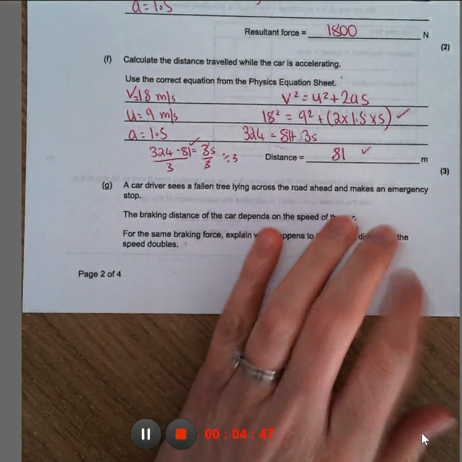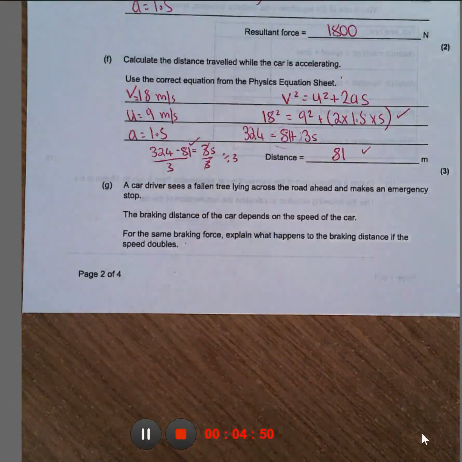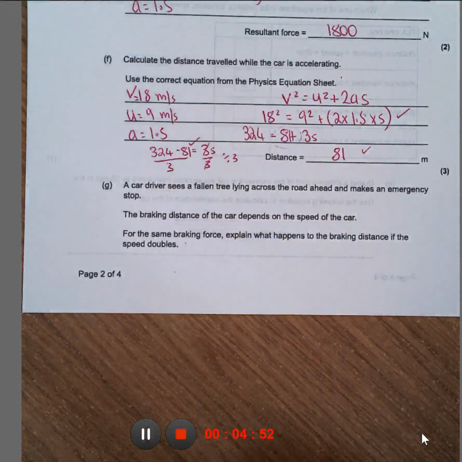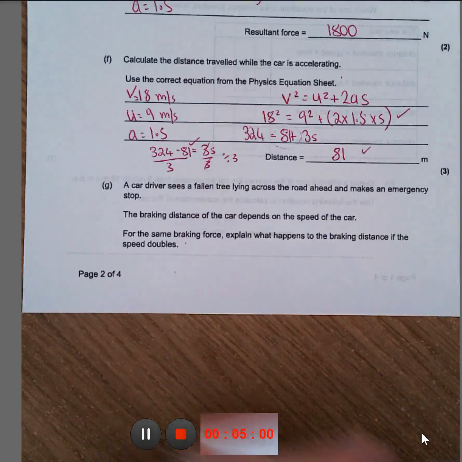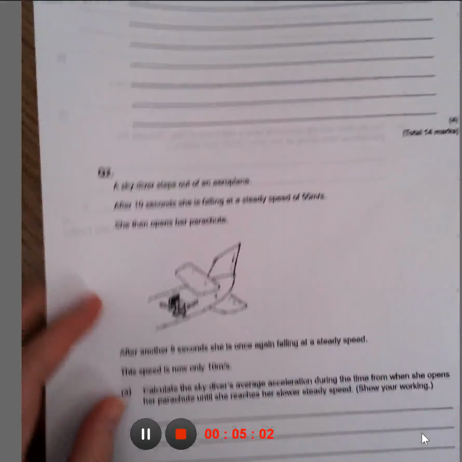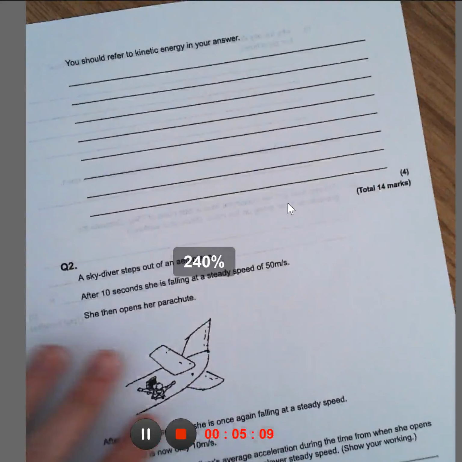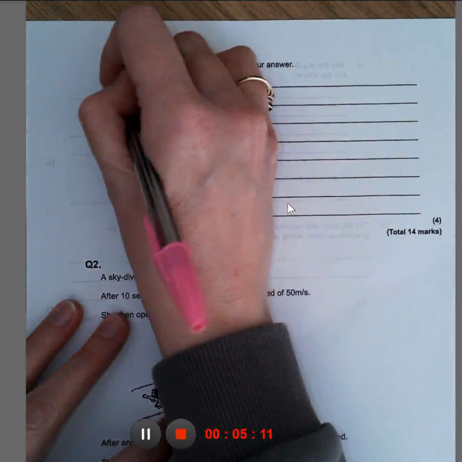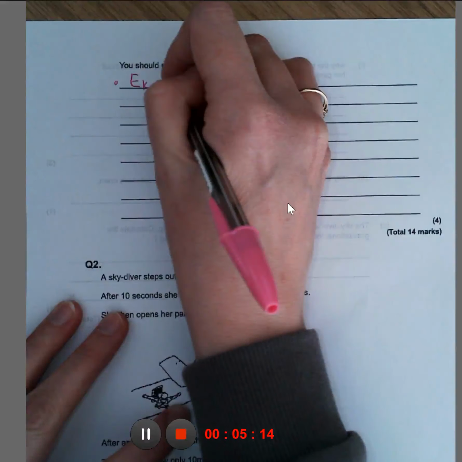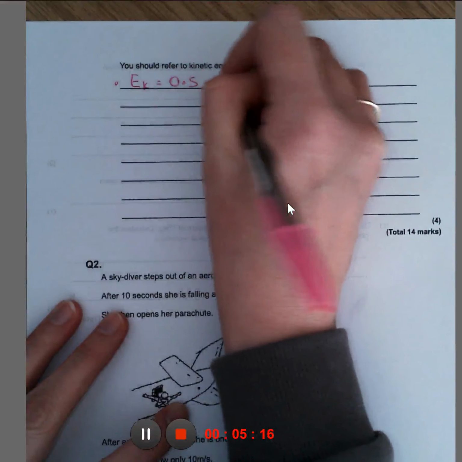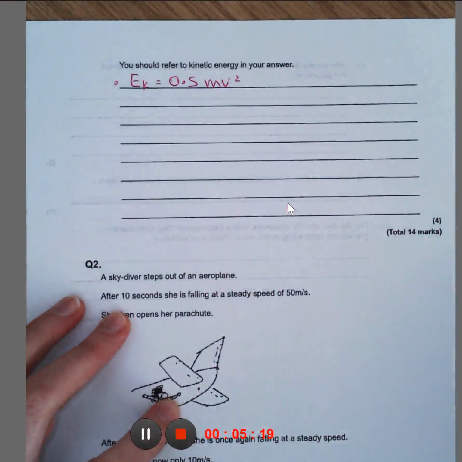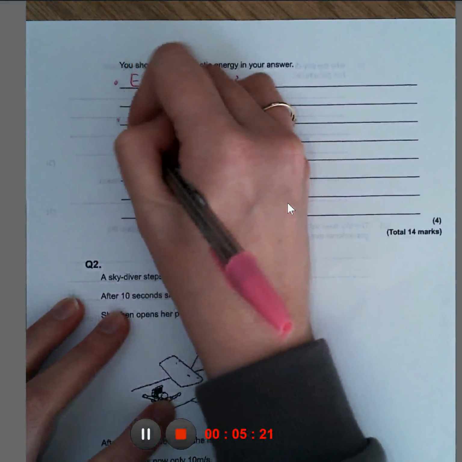Then it says, a driver sees a fallen tree lying across the road ahead and makes an emergency stop. The braking distance of the car depends on the speed of the car. Explain what happens to the braking distance of the car if the speed doubles. Basically, braking distance depends on your kinetic energy. It says you should refer to kinetic energy in your answer. So the first thing to do is write down the kinetic energy equation: 0.5 mv squared. So if you double the velocity,